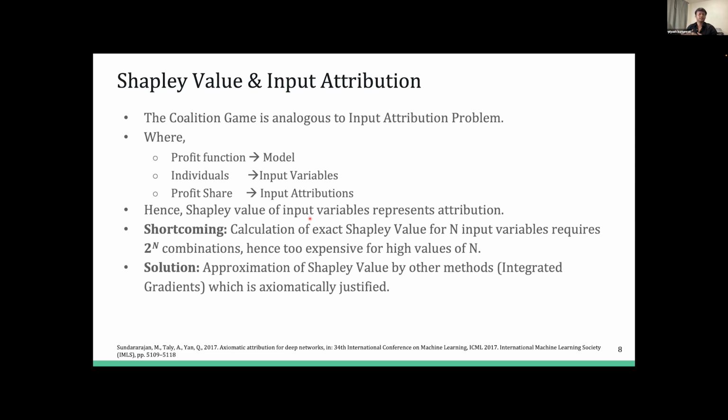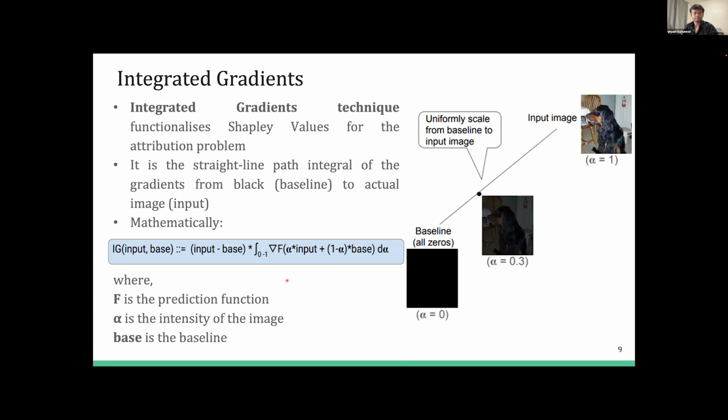Therefore, there's a shortcoming, and for this, Dr. Sundararajan in 2017 proposed an integrated gradient-based method, in the paper "Axiomatic Attribution for Deep Neural Networks". Utilizing this, we proceeded to our study, but let me tell you more about this. What integrated gradient means is here